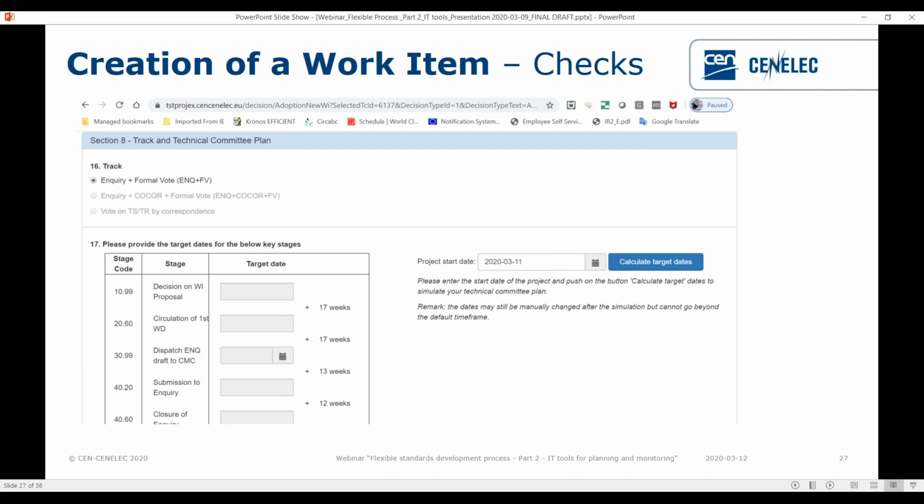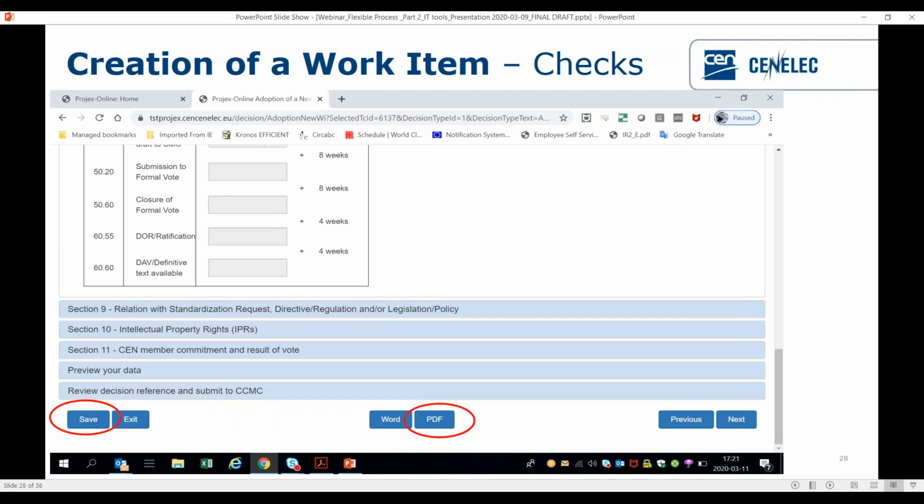So let's say that you now have the possibility to plan a huge workload for a work program spanning 4 or 5 years, even providing starting dates that are in the future. So what you do, you fill in all these elements, and then, because you are drafting the new work item form, you save it,